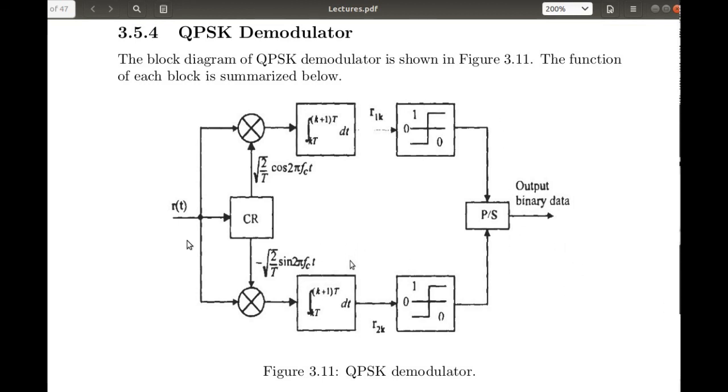This way a 1 and a minus 1 were received. So this is all about our threshold detector, and I just showed this for the first symbol. You can try other symbols. You should be able to receive the corresponding data which is represented by those symbols. So try this one for S2, S3, S4 and